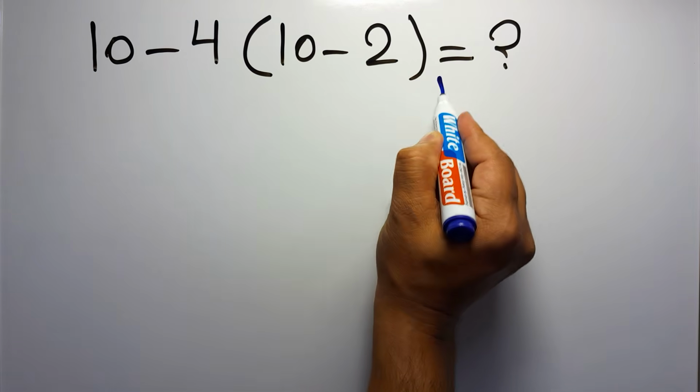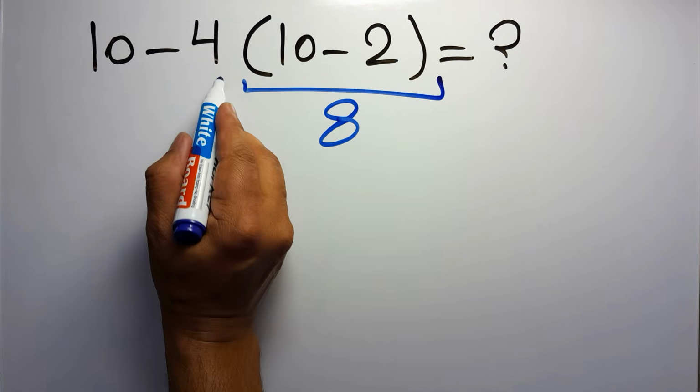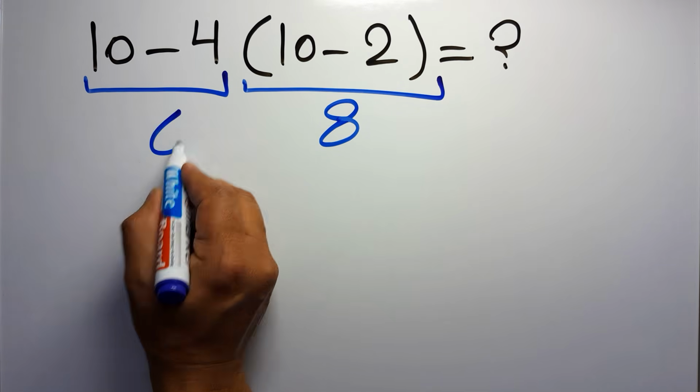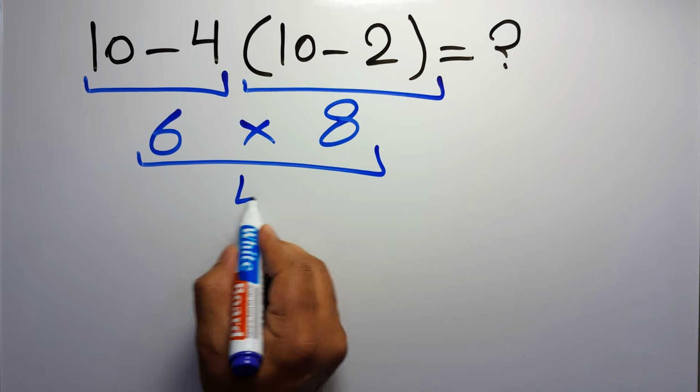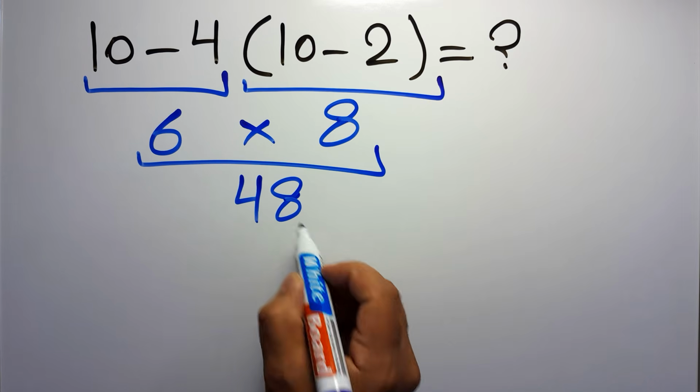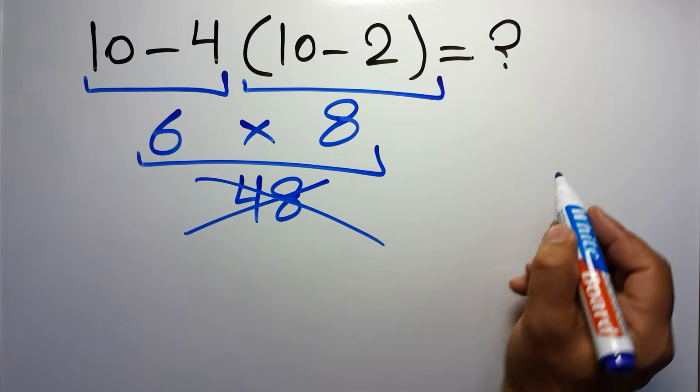10 minus 2 gives us 8. And here we have 10 minus 4, which equals 6. So 6 times 8 equals 48. But this answer is not correct, because according to the order of operations, which is PEMDAS,